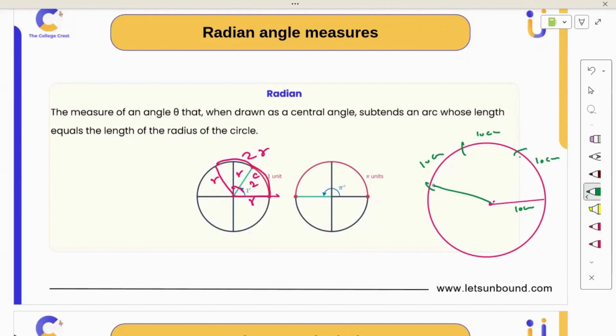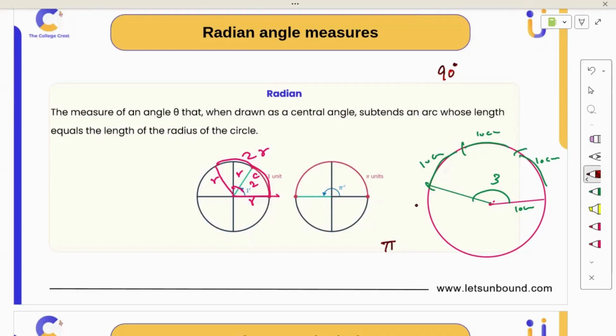And you mark it. So if you cover 3 radius on the circumference, 3 radian will be formed. Radian means if you just mention 3, it means 3 radian. But degree, you should always mention 90 and a degree symbol. Radian, you just mention the number. And most of the time, it will have pi,